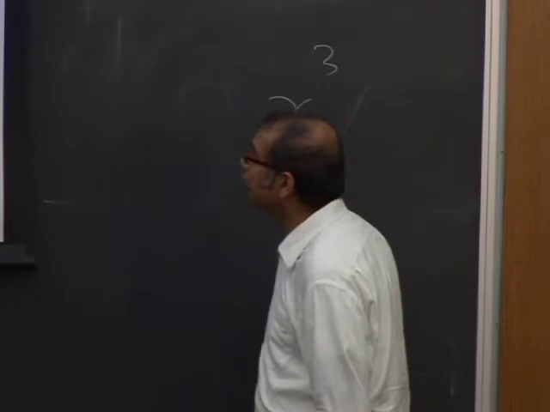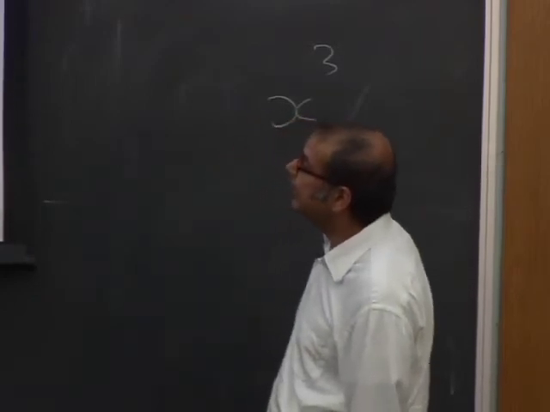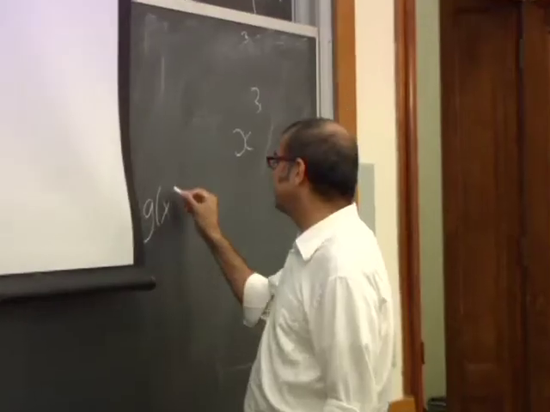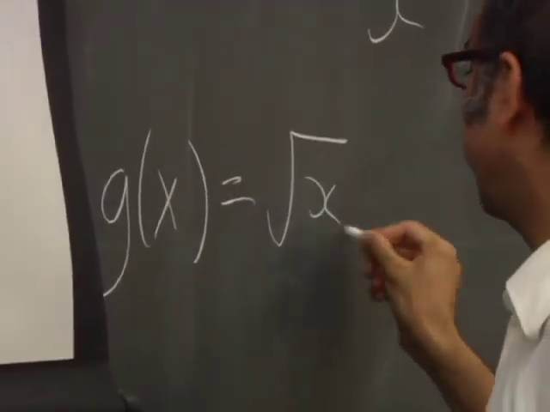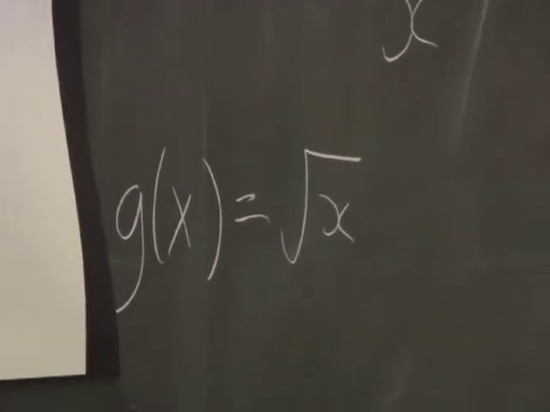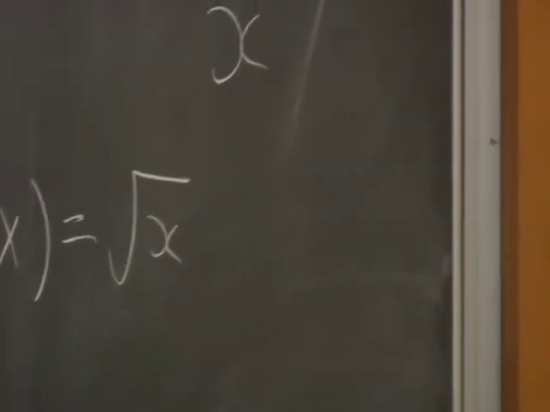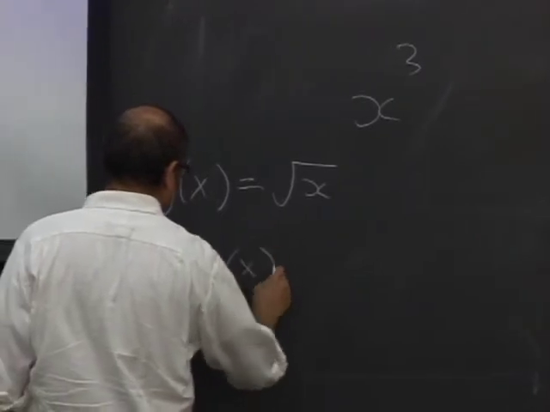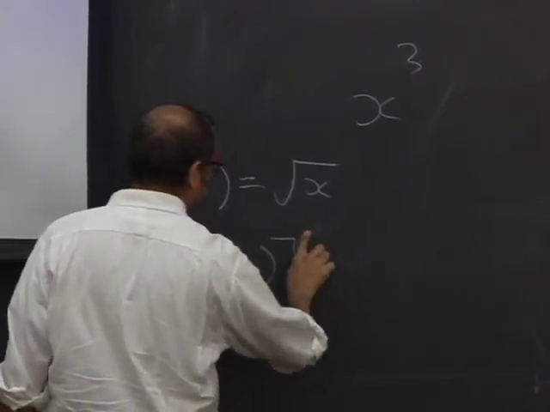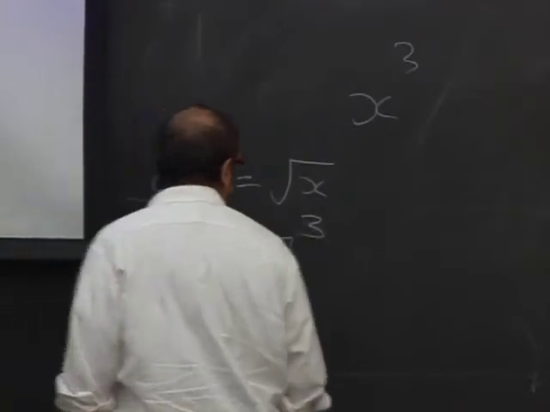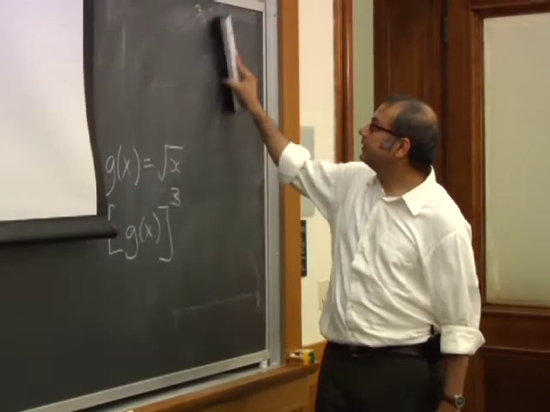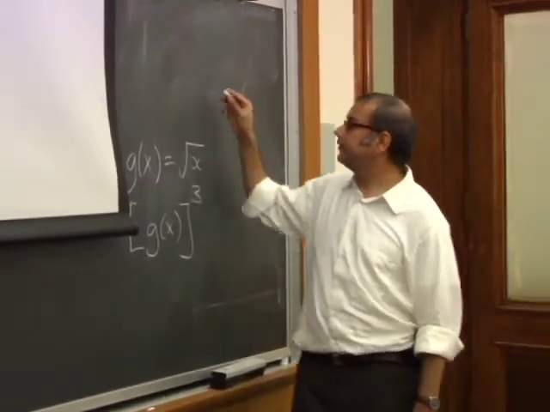But let's suppose that we do an example where we've got g of x, let's say g of x is equal to the square root of x. Okay? And we've got the larger function being raised to the power 3. So I have to find the derivative of the function